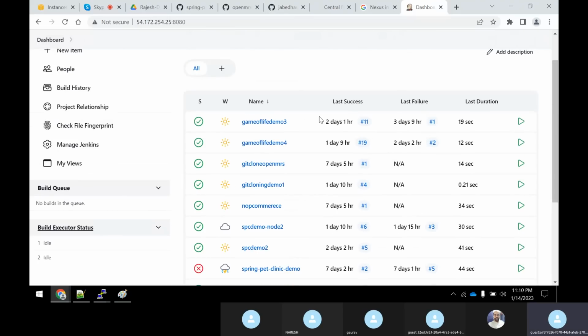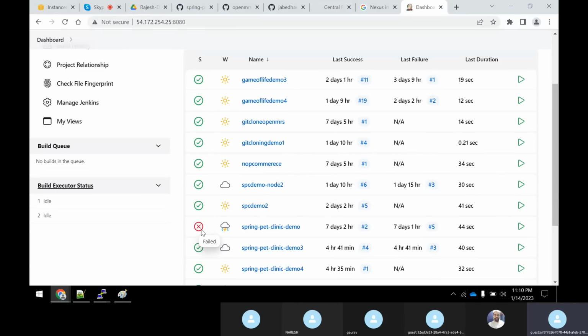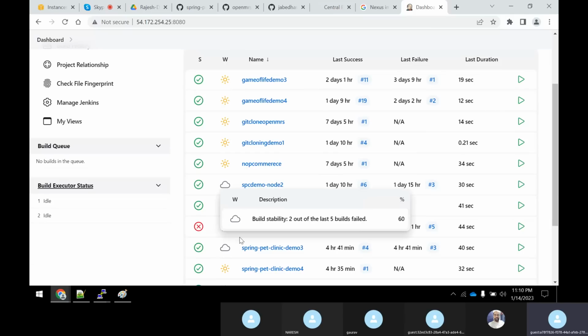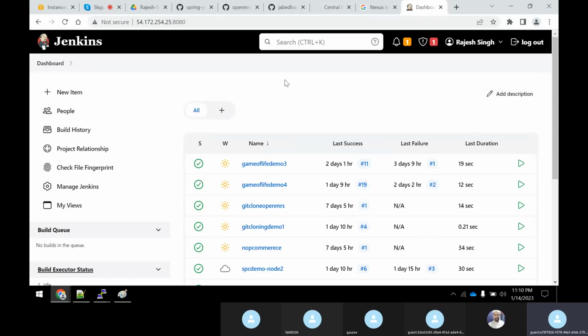Now you will ask, Rajesh, green color always means success, red color is always failure, correct. Rajesh, can I make it something else? I don't like this color, man. I want to make this a blue color. Whenever there's a success, I should get blue color. Whenever there's a failure, I should get yellow color or some other color. Can you do even this color changing also? Yeah, you can do that. How to do that, I will tell you in upcoming classes.